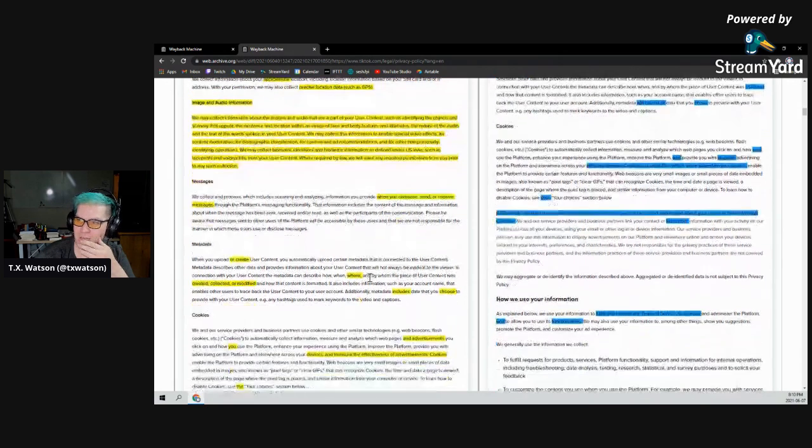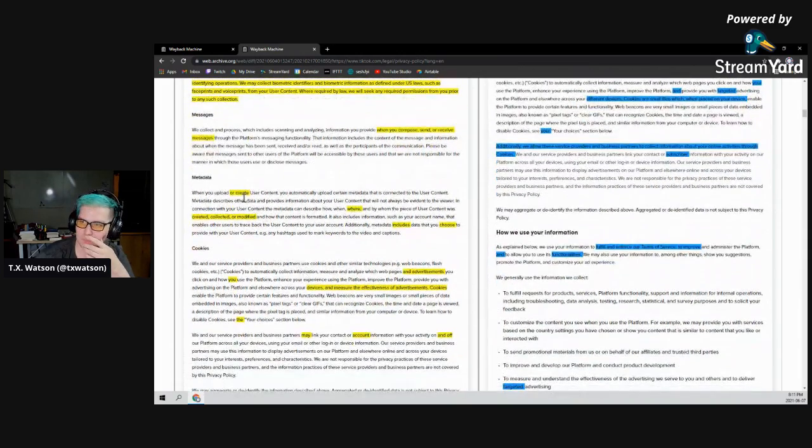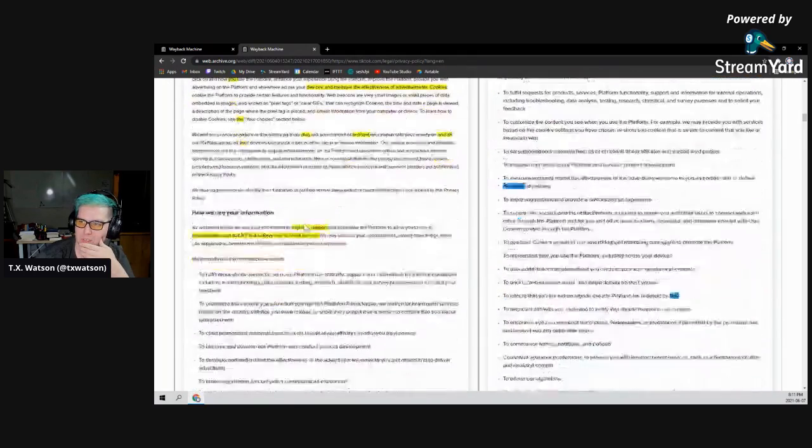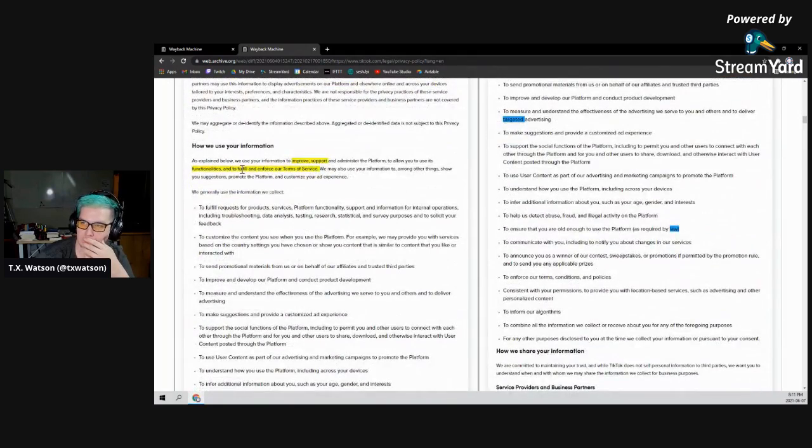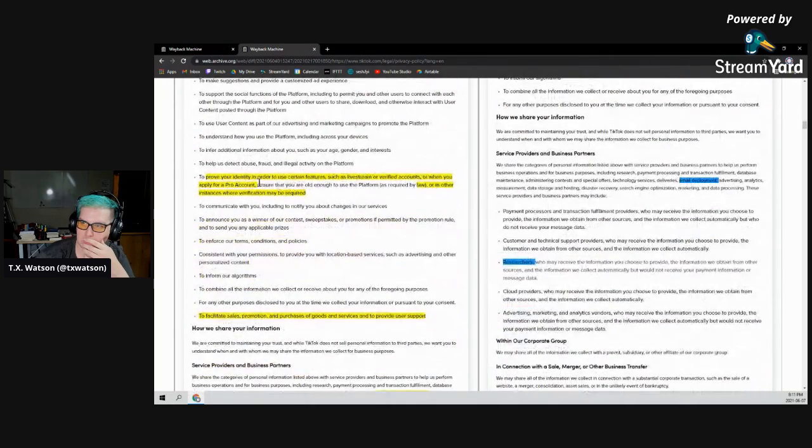Let's see, messages. When you compose, send, or receive messages, compose is interesting there. They're saying that they know what you type even if you don't send it. When you upload or create user content, you automatically upload certain metadata. That's not different. Cookies. To prove your identity.